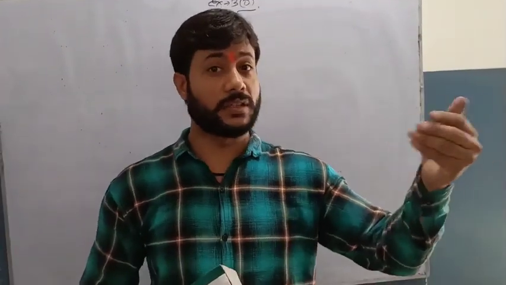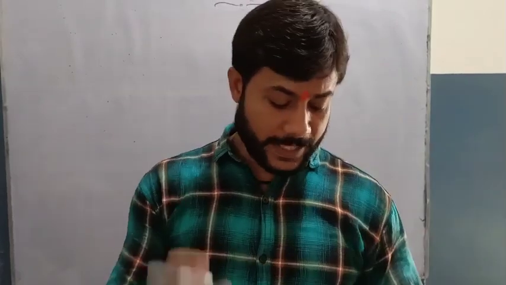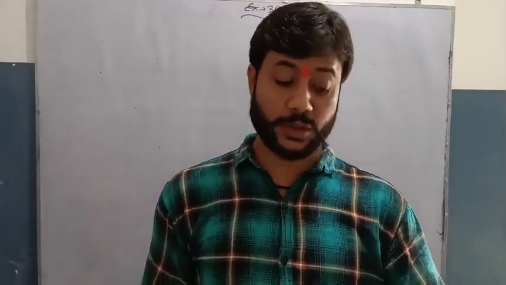Dear students, mind one thing: once you are given a question, at first you will have to study and understand the sense of the question, what the question says to do, what the operations are, whether addition, subtraction, multiplication, division, which type of formulas, and what the requirement of the question is. At first you will have to understand, and only then you will apply your own method, right? So here: find the least square number which is exactly divisible by each of the numbers 6, 9, 15 and 20. This question is a little bit different from the other questions. We have to find the least square number which is exactly divisible by the given numbers.